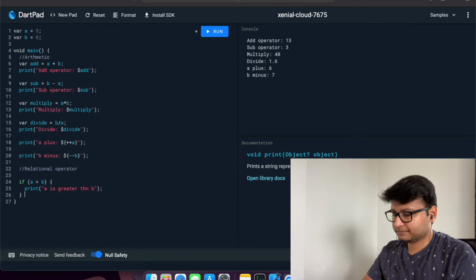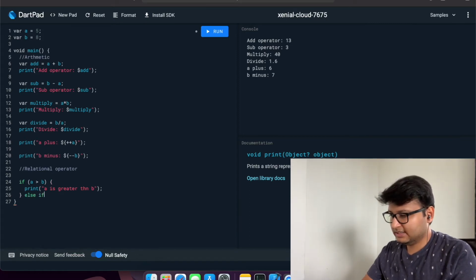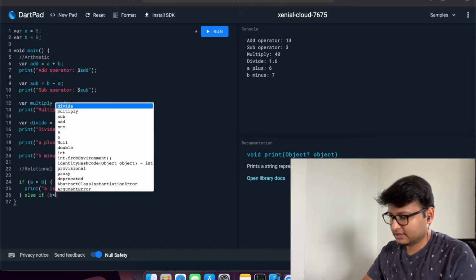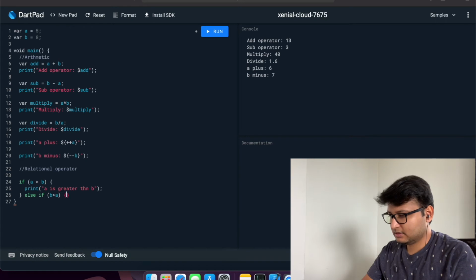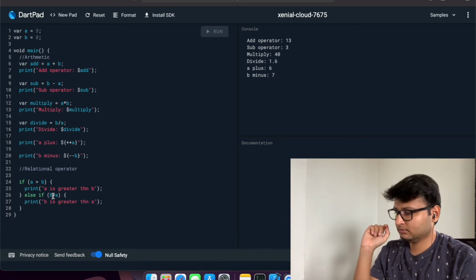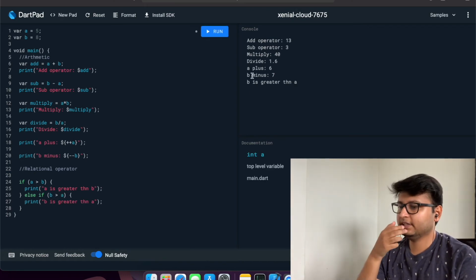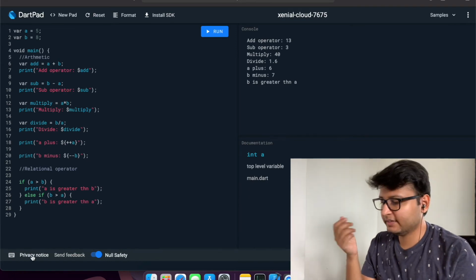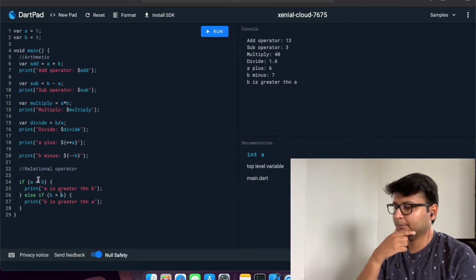Now if you do this in the else if, b is greater than a, then print. Now let's see what is happening here. You can see here b is greater than a, and it's obvious that b is greater than 5.